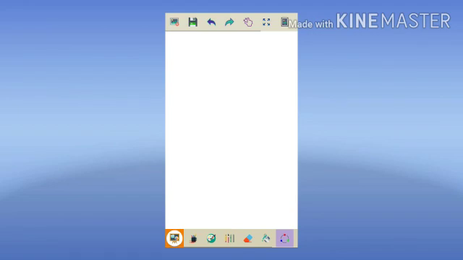Kids, this was the easiest app where you can draw and paint. Kids, I didn't explain how to use this app and what the tools of this app are. But it is your homework to know how to use this app and what its tools are, everything you have to do on your own. This is your homework. If you are not able to do it, don't worry. In the next period, I will explain this app in detail. But till then, you have to learn it. Try to understand what exactly this app is.